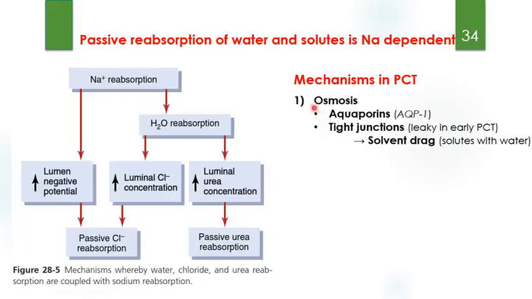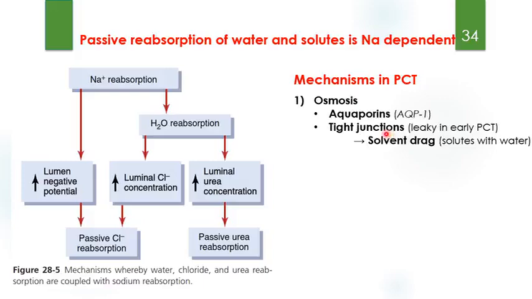So water tends to go to the other side of the luminal cells by way of osmosis, transcellularly through water channels known as aquaporins. For example, AQP type 1 is a channel that provides a transcellular pathway for water to go out the other side of the luminal cells into the interstitial space,